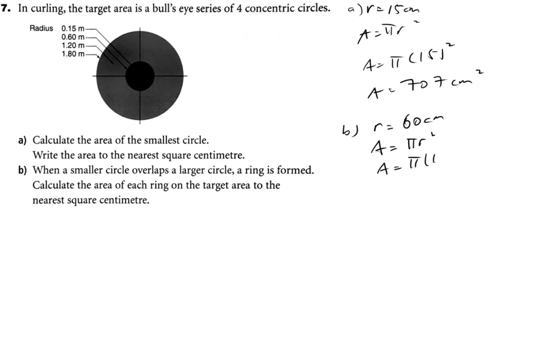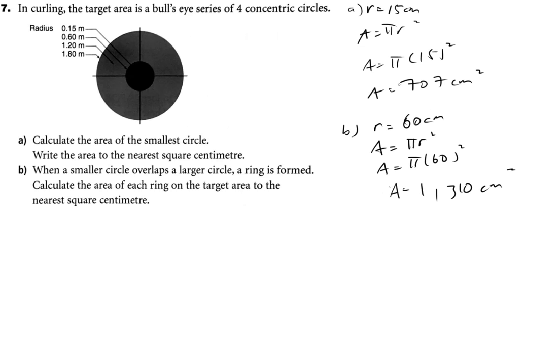plugging it into the area equation, and putting this into our calculator, we're going to get 310 centimeters squared. From now on though, I think it would be easier to use meters, but we can stick with centimeters. So now that we have the area of the 60 centimeter radius circle,